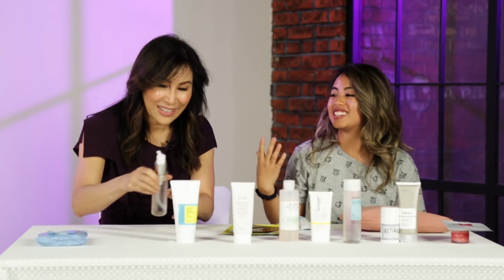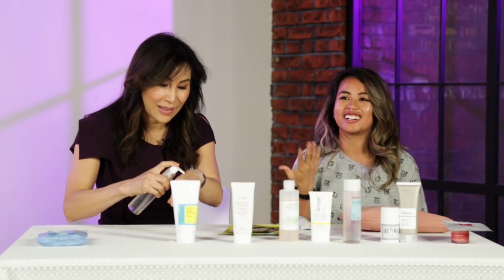Tell me about your nighttime routine. I will try to use this oil-based cleanser. It also smells really good, which is why I try to use it. Can I smell it? Yes. It smells like vanilla. I really like that you're using the double cleanse method, especially if you like to wear